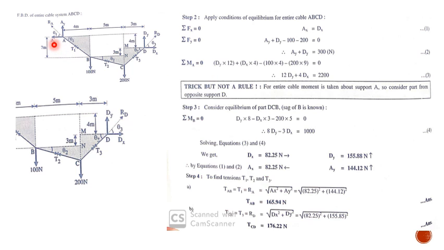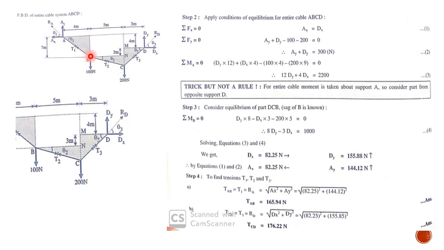Now because we have taken the moments about A, I have got the equation in terms of DY and DX. If you would have taken moment about D, you would have got the equation in terms of AX and AY. So when you are taking a portion of the cable, you take it in such a fashion that you will again get the equation in terms of DX and DY. In the problem, the depth at B is given, the sag at B is given, and hence we are going to consider the moment about either portion AB or BCD.